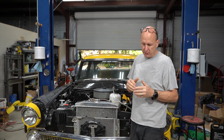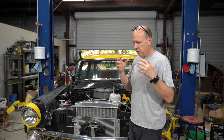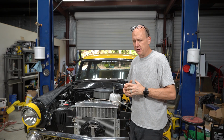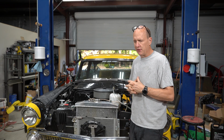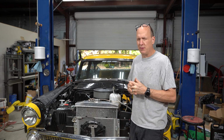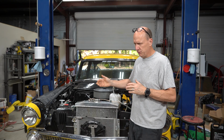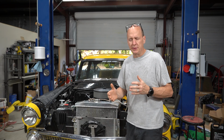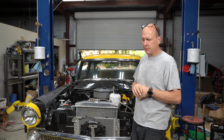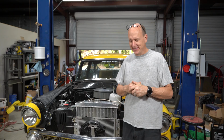Now, I have always broken in every motor with the thought of you break it in like you're going to drive it. It was a lesson taught to me by an uncle many years ago, and I've always followed it, and it has always worked well for me. So I will do the engine builder's initial break-in, which sets the lifters to the cam, and then I'm going to immediately go out on the road and do burnouts. Okay, no, not really, but